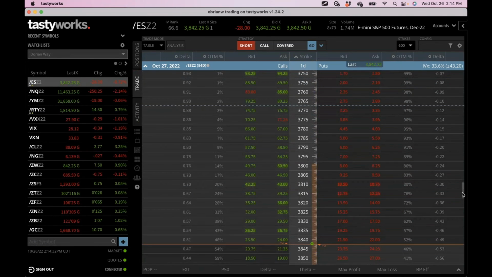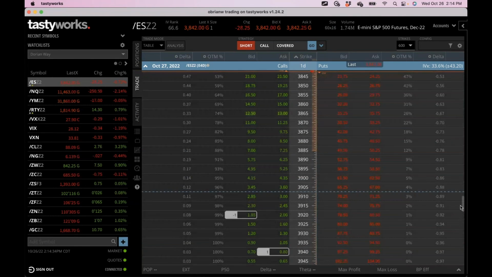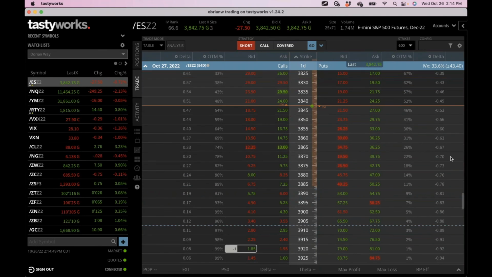We'll put this in Discord in a little bit. But this is the trade, and this is the kind of criteria we're looking for. What I would do then, if you were on the Tastyworks platform, is put an alert on the trade, and then overnight you'll be able to see what's going on. So for example,